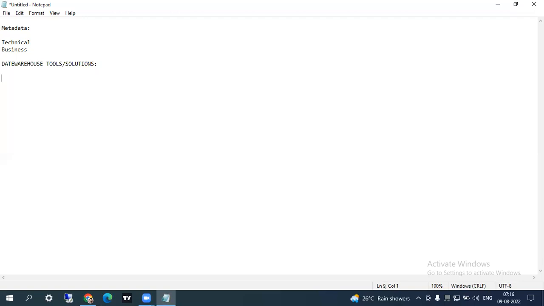If we use cloud, then the advantages are that it is easily scalable and pay per use basis. You can pay for what you use. That is another advantage. And cloud-based warehousing tools are faster than normal on-prem structures.